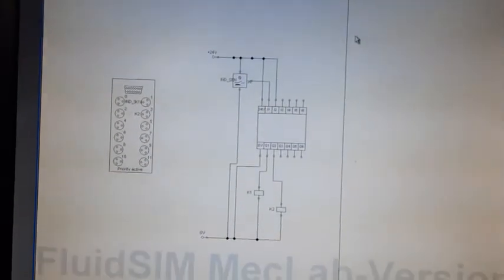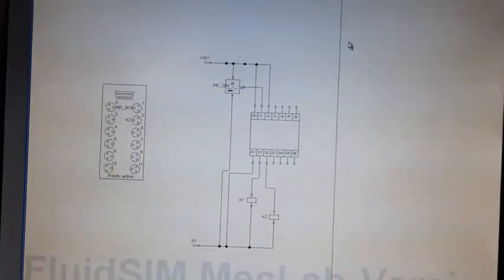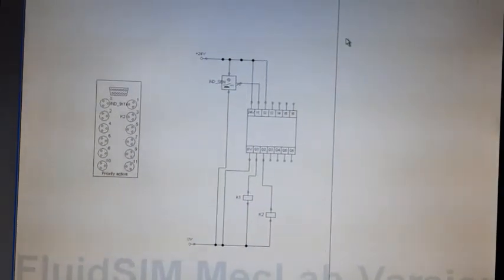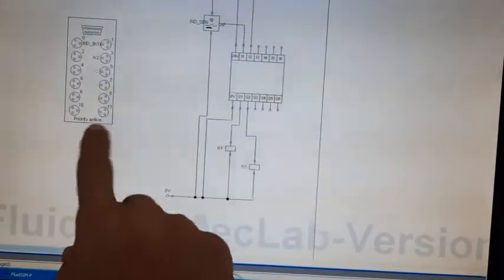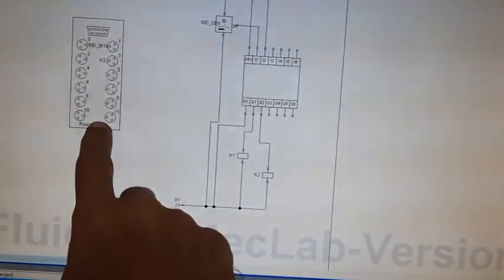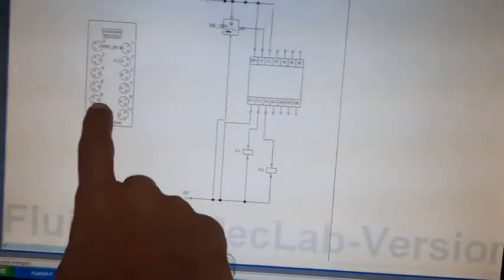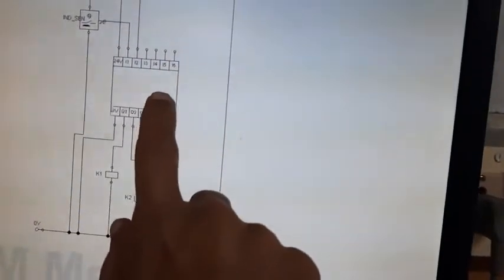So this is the program written on the FluidSIM software. This is the connection module. This simulates the pins which are available in this hardware, and this is the digital module.